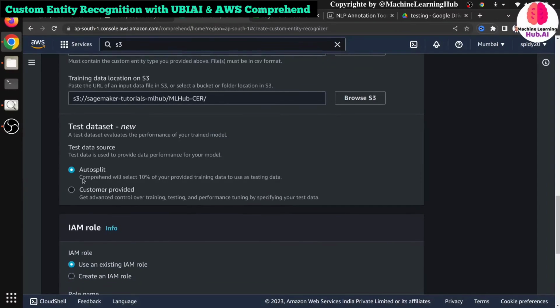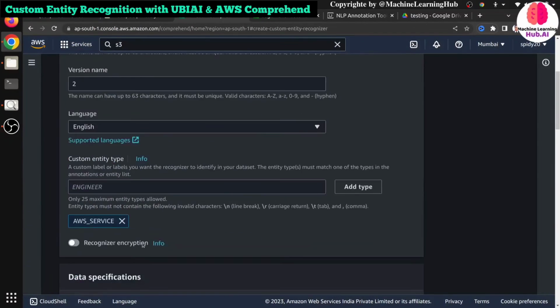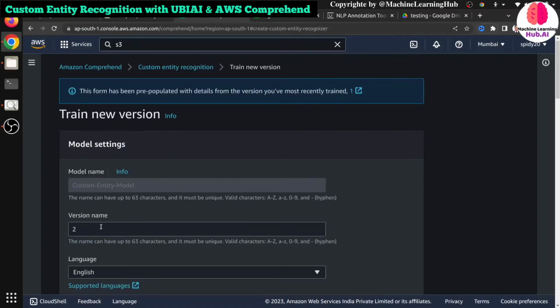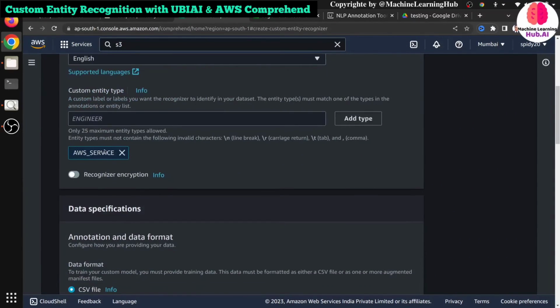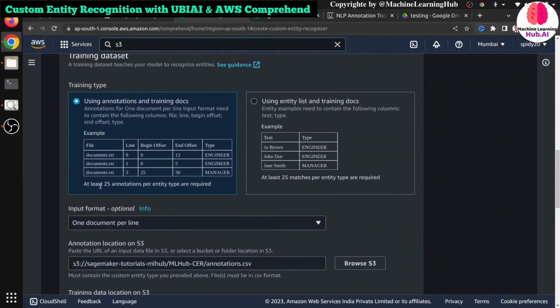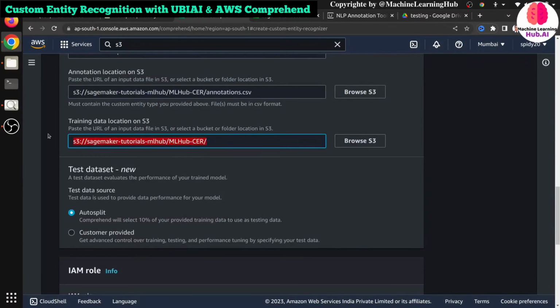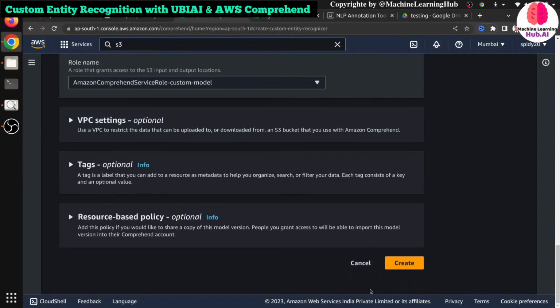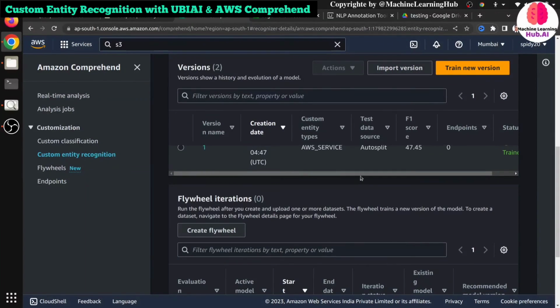For the test data source, select auto split; customer provided is also possible. Use an existing IAM role. I already have created an IAM role. Let me verify all the configuration once. The version name is second, English, AWS service is our entity type, the CSV file using annotation, and this is the right format of CSV. For the annotation CSV, we need to give the folder. Auto split, click on create. It will take hardly 10 to 15 minutes to train the model. You can see here